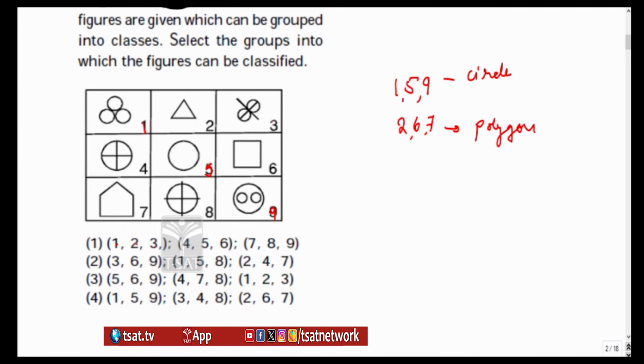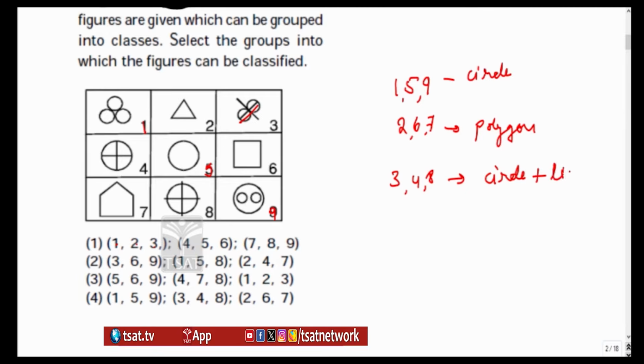And what is the next one? That is 3, 4 and 8. See, what is the character for 3, 4 and 8? You need to look at this. In 3 I can observe there are circles as well as lines. In 4 also there is a circle as well as 2 lines. In 8 also a circle as well as 2 lines. So what is the character in 3, 4 and 8? The character is there are circles